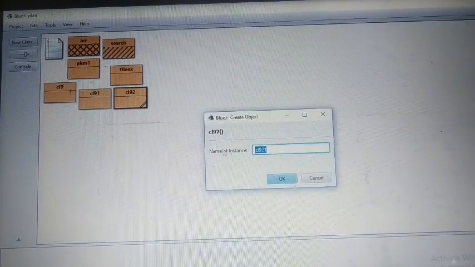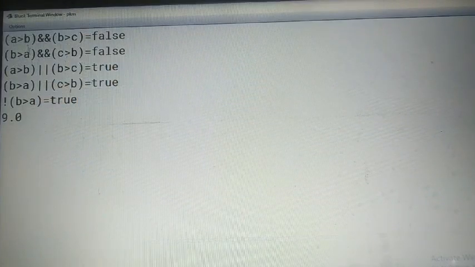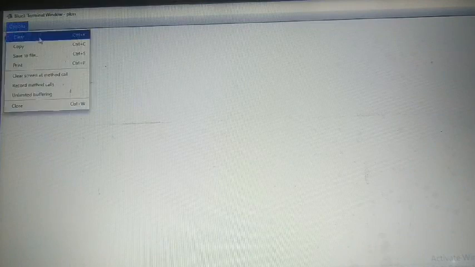Okay, see the result. Already a result was there. Before showing the result on a blank screen, you should press Control plus K to clear the result screen. Okay, you are observing it is giving 9.0. So observe how the result is coming.